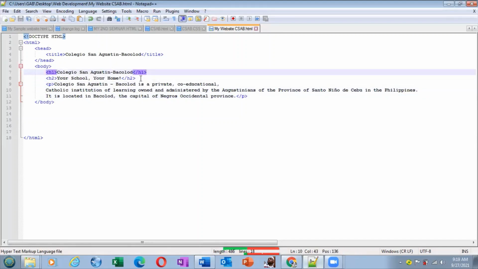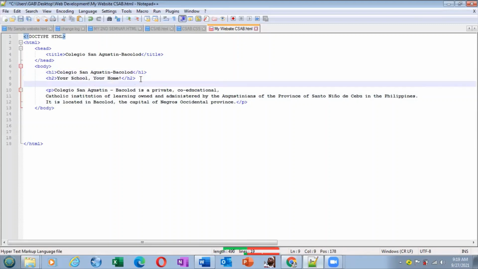So I'm going to put here a space. In here, I'm going to put the tag if we want to put a picture in our website. Can you still remember the tag that was used in putting a picture? Okay, very good. The tag used is